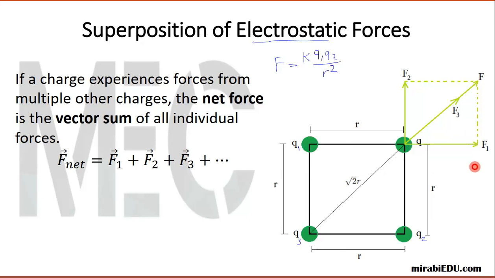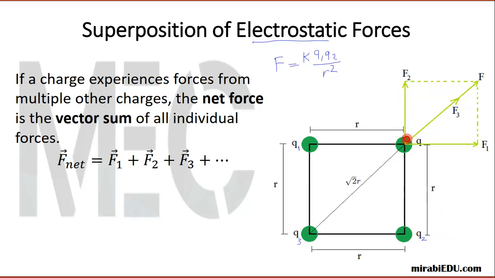Now we concentrate on charge 2 here, and we neglect these two charges. So if there are no other charges but charge Q2, for example, assume that the charge Q2 is repelling the test charge Q, so the force will be